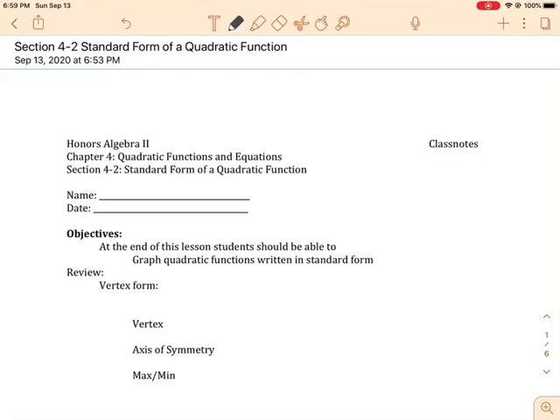Hi everyone. So today we're going to start with looking at standard form. So we had spent a lot of time talking about vertex form, picking out the vertex with H and K, and talking about the width and so on and so forth. So today what we're going to do is review that and introduce the other form, which is